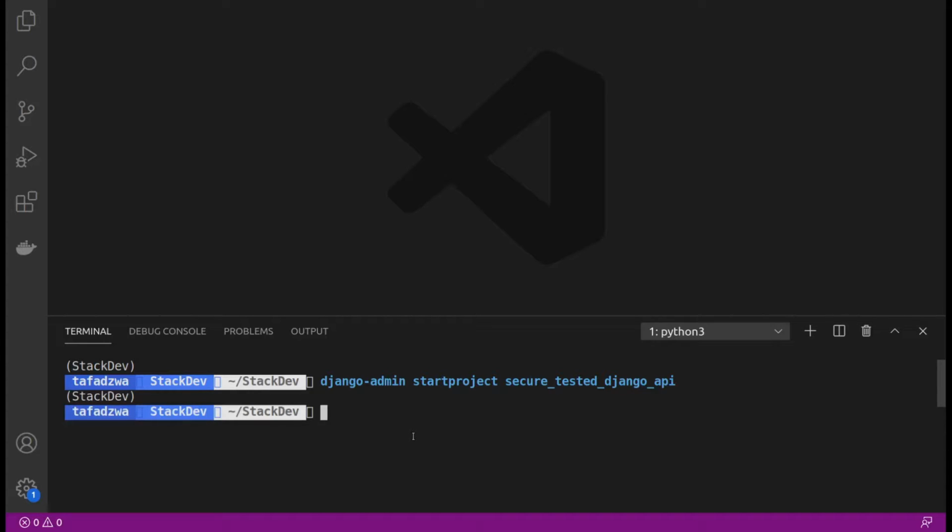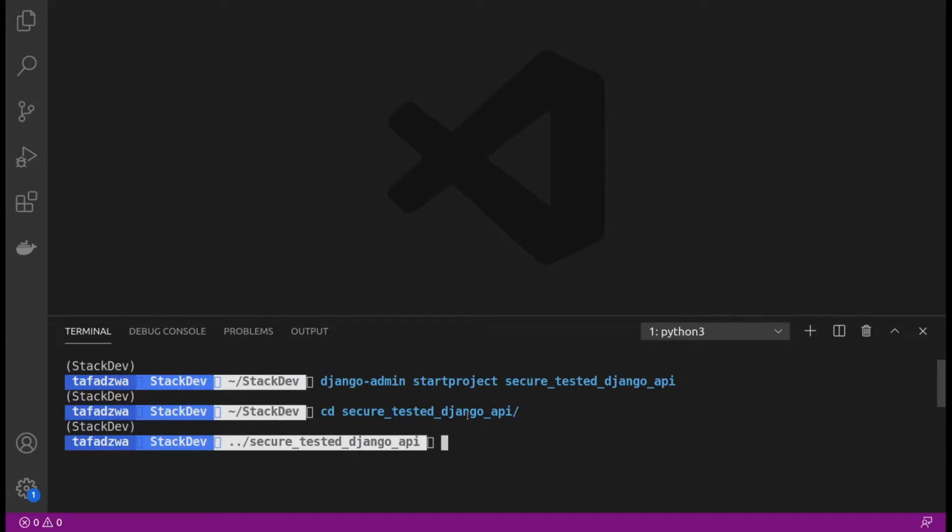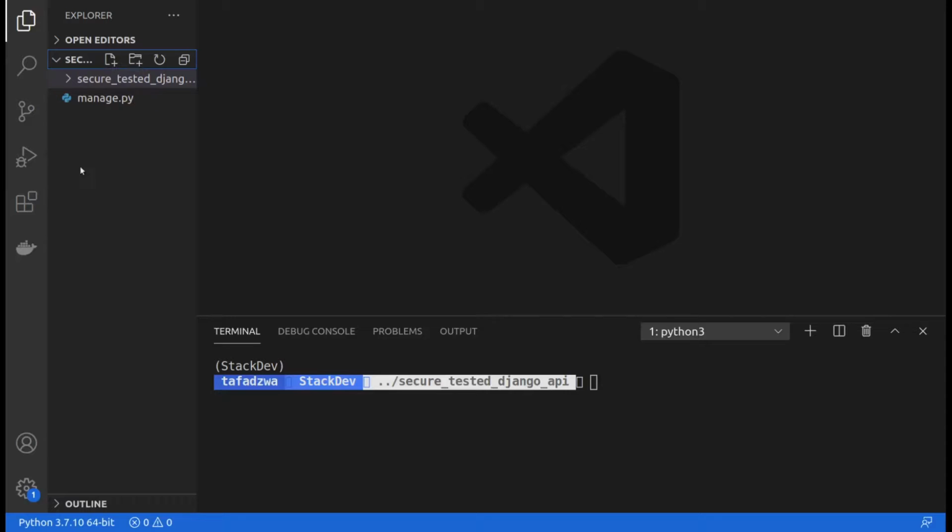So what this command does is it goes ahead and starts a project called secure tested Django. So let's simply navigate to the folder that we just created, right? Once I have navigated to the folder, I'll open my VS Code in this specific folder. Once you are in this folder, you can see that it has created the basic boilerplate code